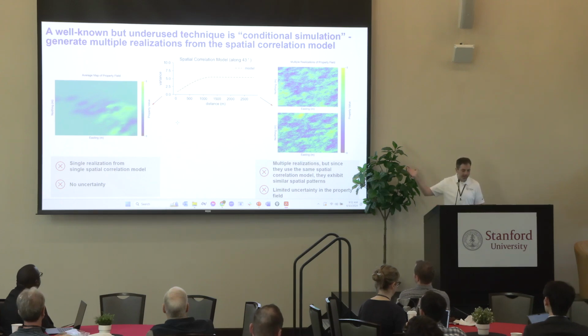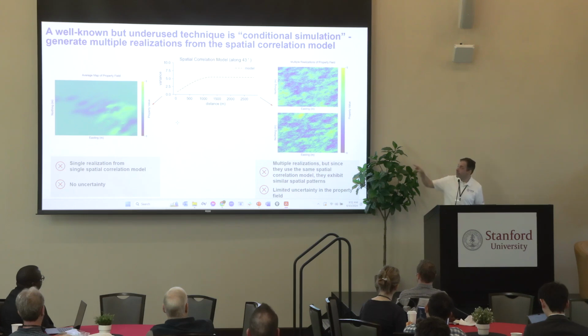In this case, imagine for all these pictures, I'm thinking about copper grade. But this is all generic. It would apply to any subsurface quantity that you want to make predictions for. So what the geostatistician would normally come up with once they've built that variogram model is a picture like what's on the far left. You would get what we would call the mean prediction. And that would be your only model for what might be going on.